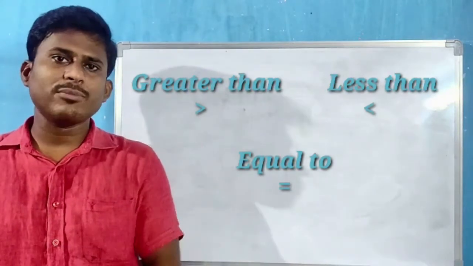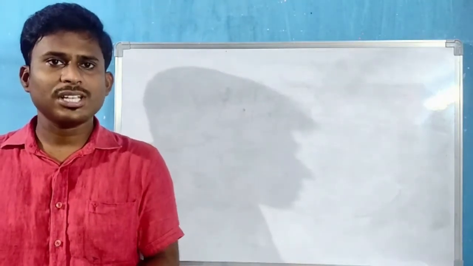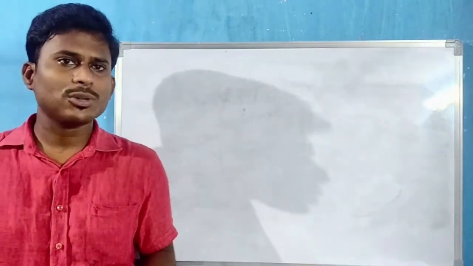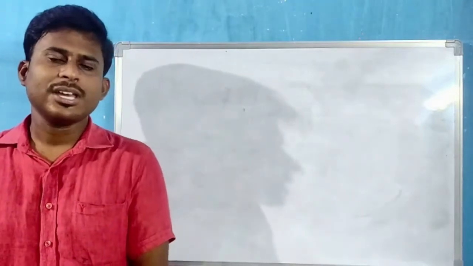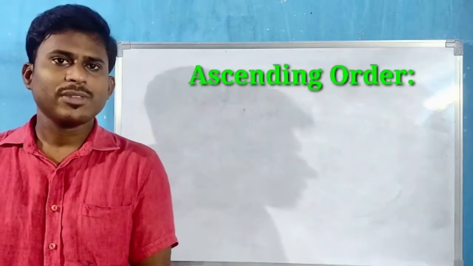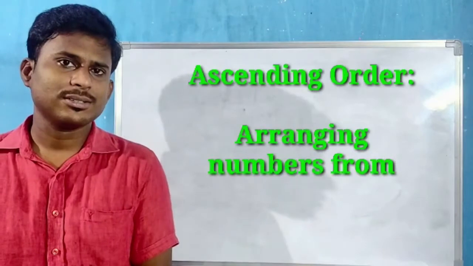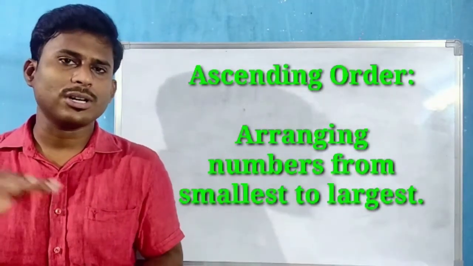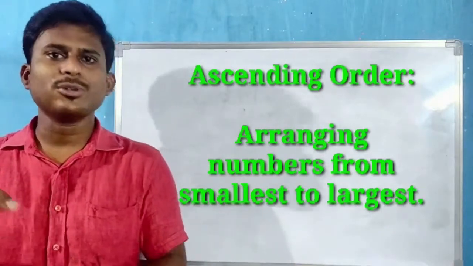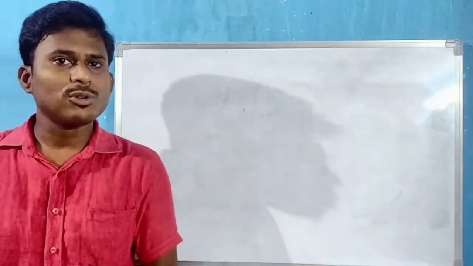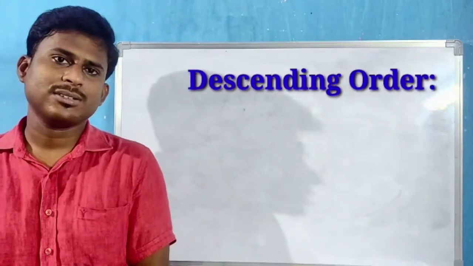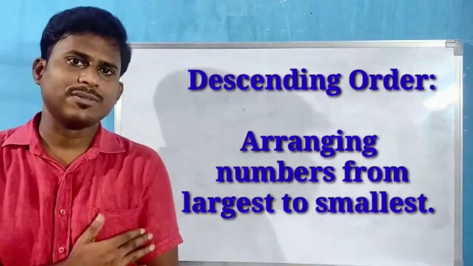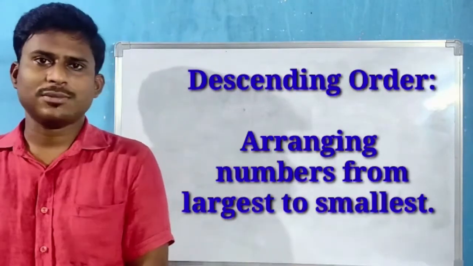Now if 4 or 5 numbers are given, then the question is asked in the form of ascending order or descending order. Then we have to compare the thousands places first. If it is ascending order, what do you have to do? How do you arrange? We have to arrange the given numbers in increasing order. That means smallest number to biggest number. If you have to arrange in descending order, then first you have to arrange the biggest number, from the largest number to the smallest number.